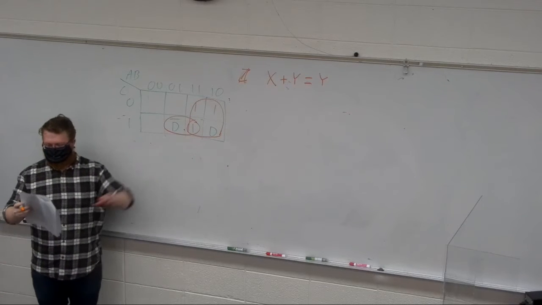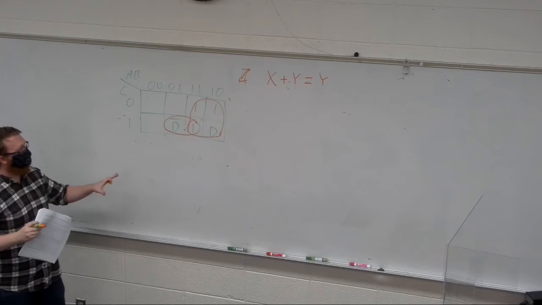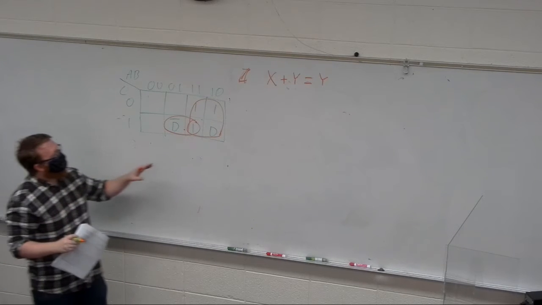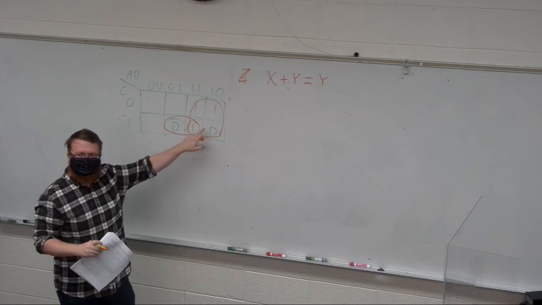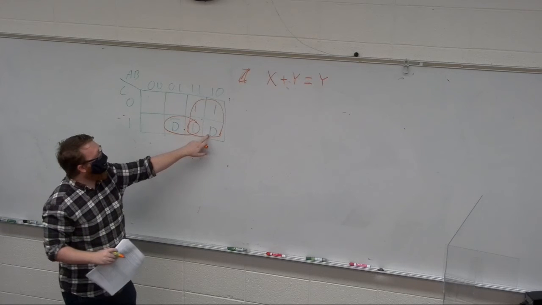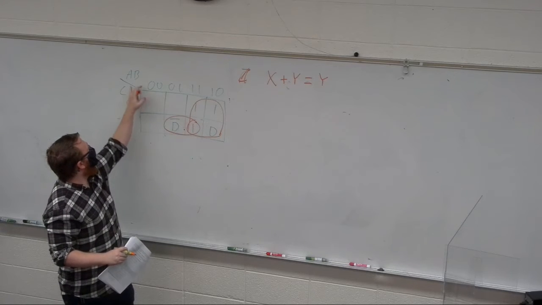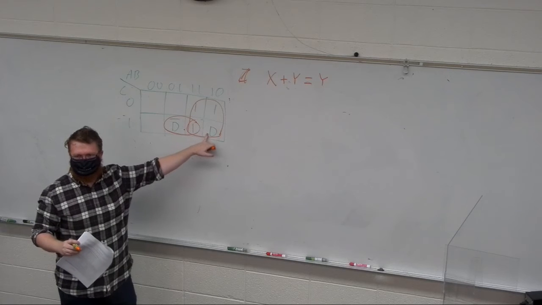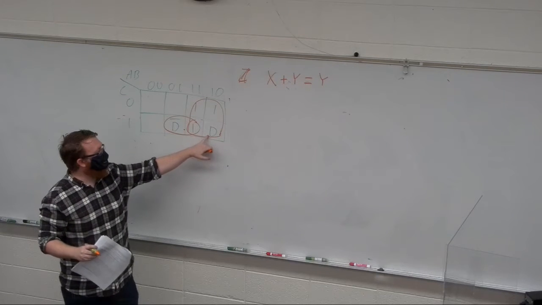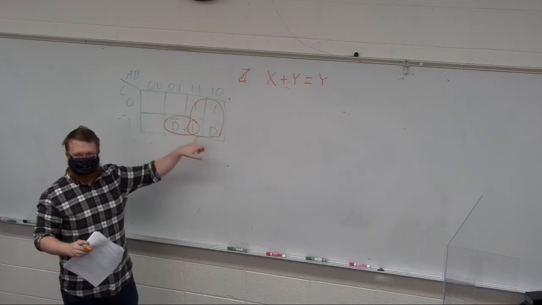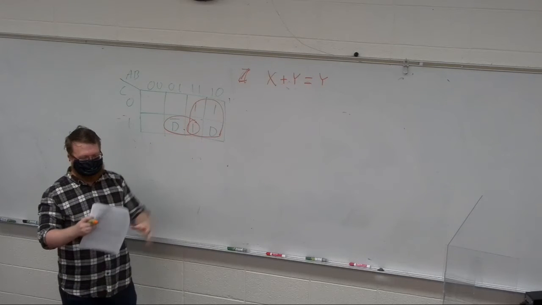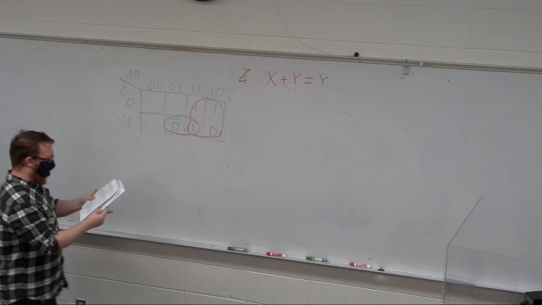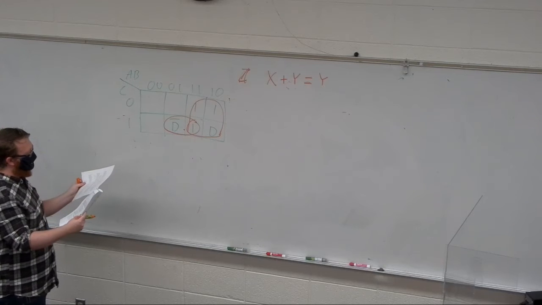But this is only the first step. And what this is saying is that since I have D, it is D ANDed with the 1 that would go into this expression, or D ANDed with this implicant. Remember that term? Implicant just being the circle. So what you're looking at is a